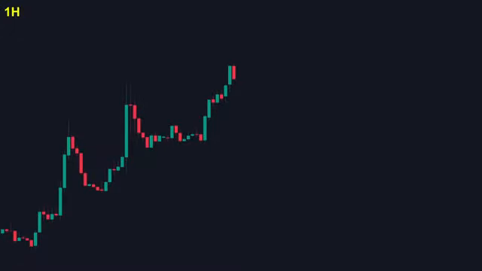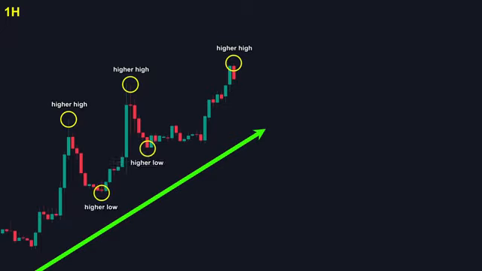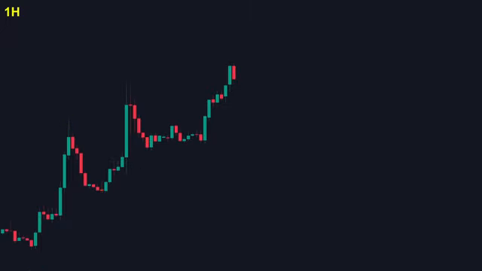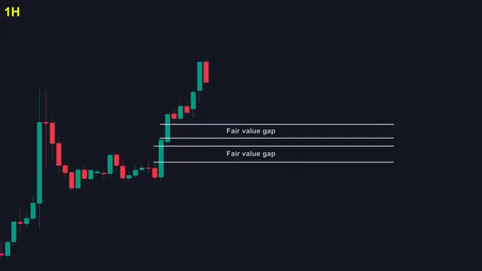Looking at our 1-hour chart, we can see that we're in a very smooth uptrend with clear higher highs and higher lows. Based on this structure, we are only interested in buying this pair. We are aligned with the dominant market direction. The latest impulsive move has created multiple fair value gaps that stand out like beacons on our chart. We mark the candle before the imbalance as our optimal trading area, where we expect institutional interest to emerge.